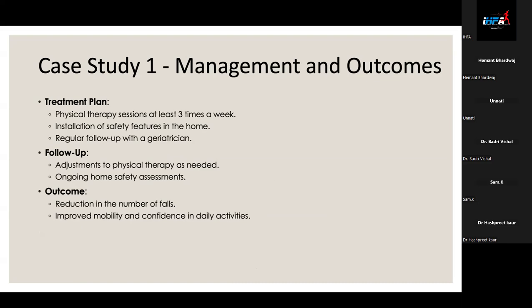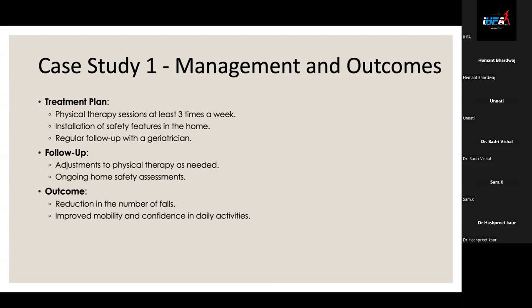The follow-up was done for ongoing home safety assessment and adjustment to the physical therapy as needed, because as the patient actually improved in her scores, we improved the level of difficulty so that the patient got better and better. The outcome, what we got in that particular situation, was reduction in the number of falls and improved mobility and confidence in ADLs. So the patient was very, very happy, because after 3 months, when we actually discharged her from